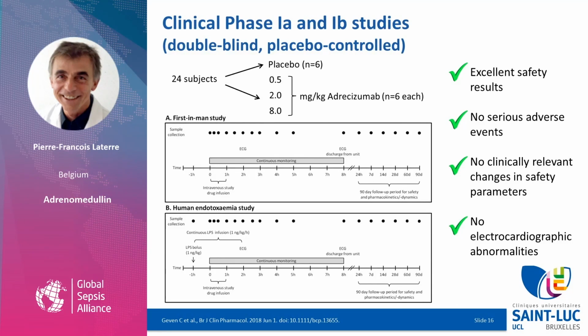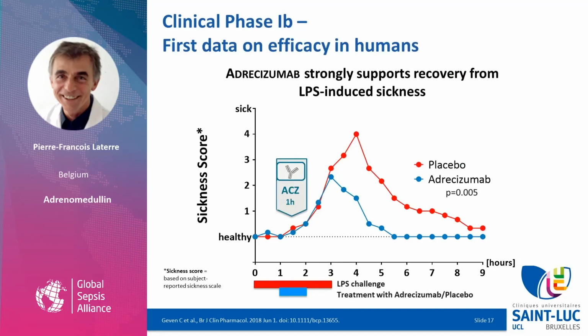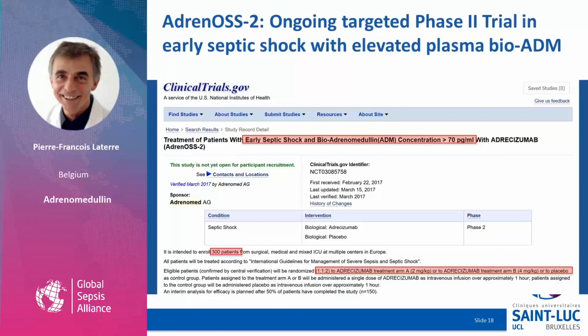Of course, endotoxin in healthy volunteers is not supposed to induce shock, but still they feel sick. And interestingly, what has been seen is that the healthy volunteer receiving the antibody felt more rapidly better than the one receiving the vehicle in terms of the sickness score, as this can be observed in this kind of model. Now, after this, it was ready to start a phase 2 trial, and this has been initiated in March this